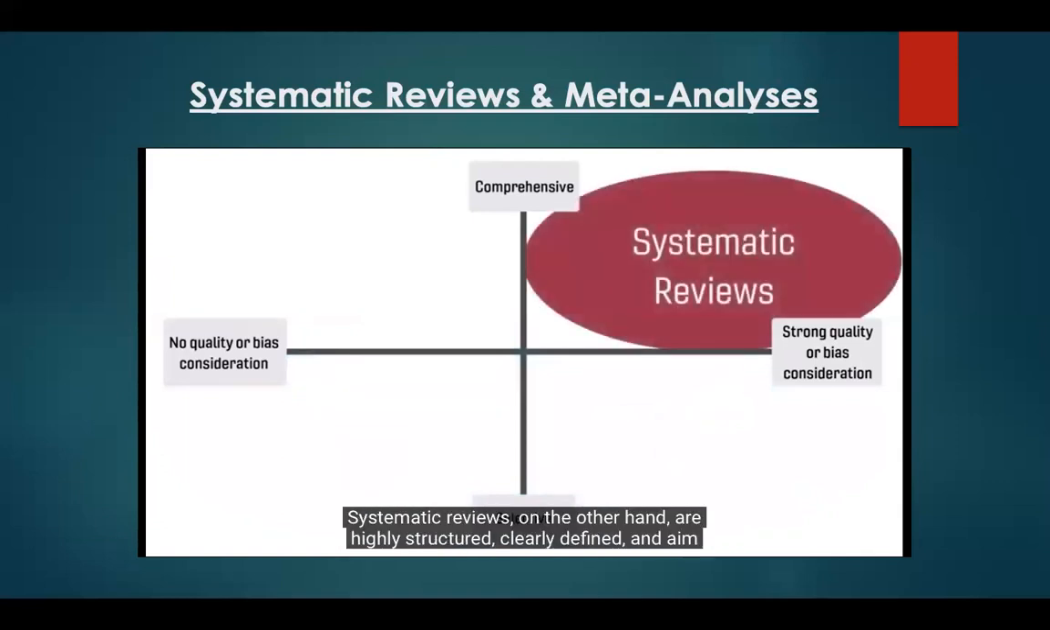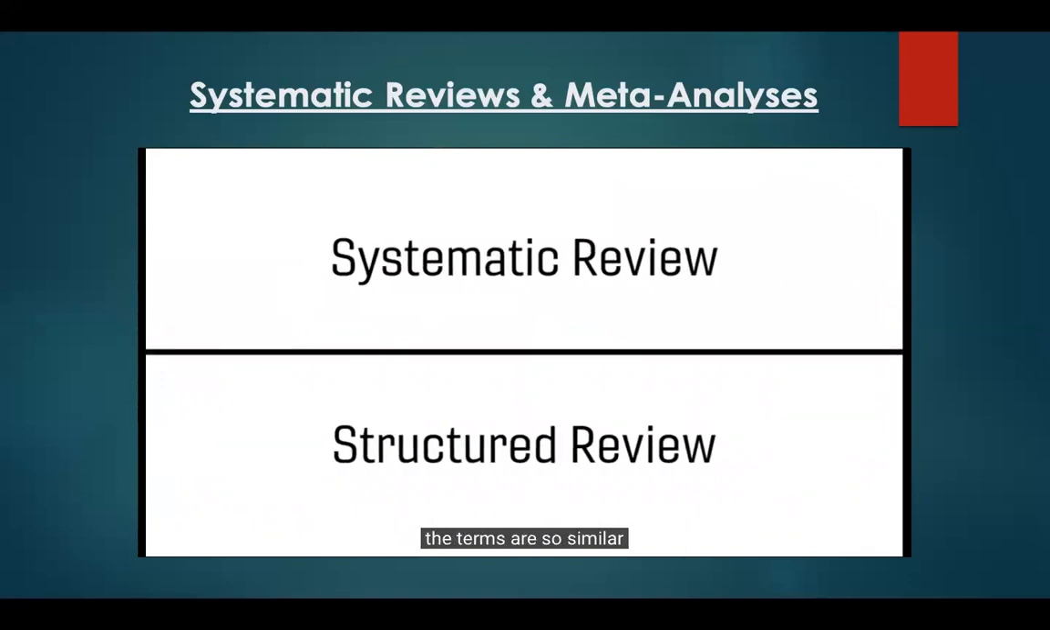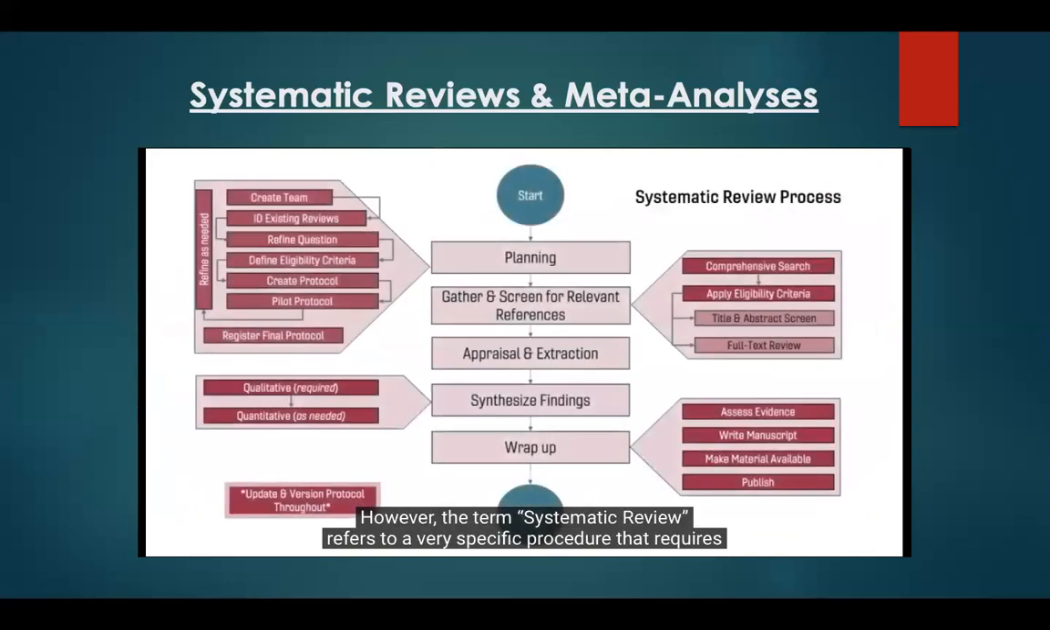Systematic reviews, on the other hand, are highly structured, clearly defined, and aim to be comprehensive and account for bias and/or quality of a material that is included in the review, as well as the bias and/or quality of the review itself. It's easy to confuse the concept of a structured review with a systematic review, as the terms are so similar. However, the term systematic review refers to a very specific procedure that requires authors to adhere to published